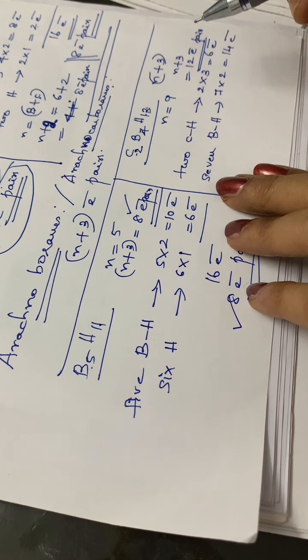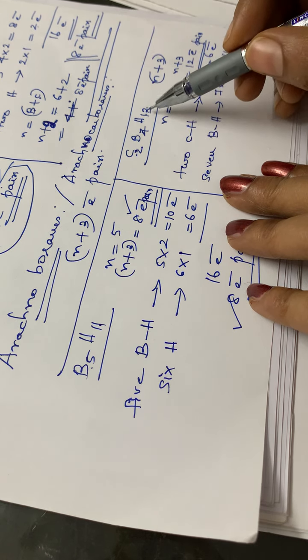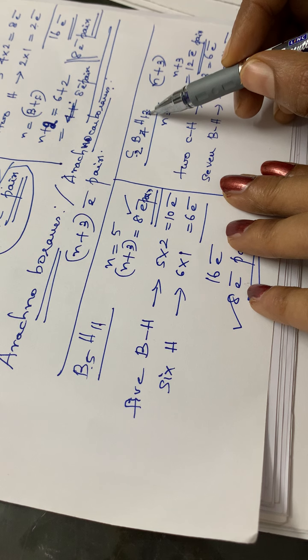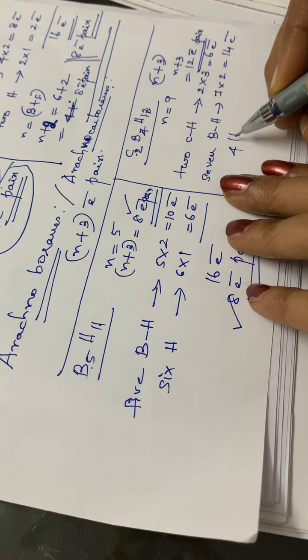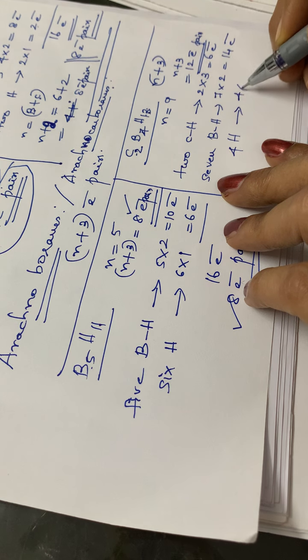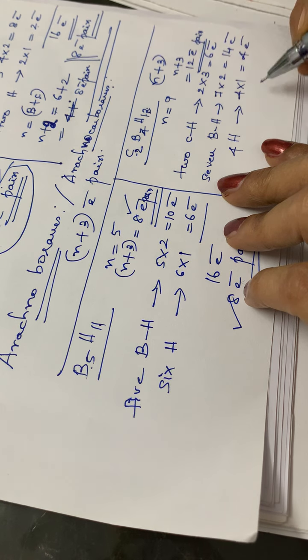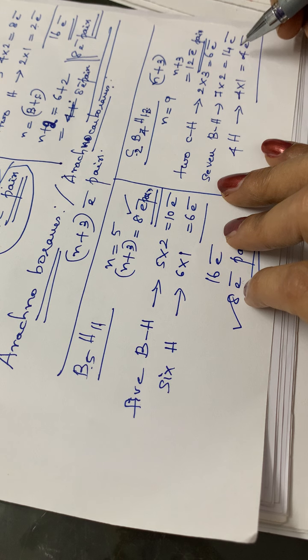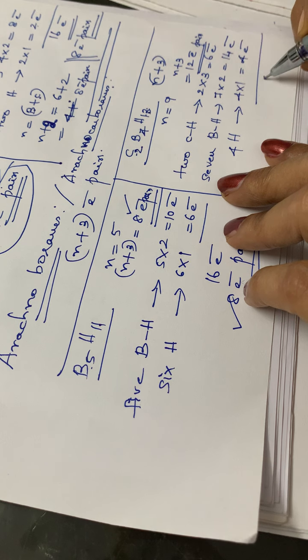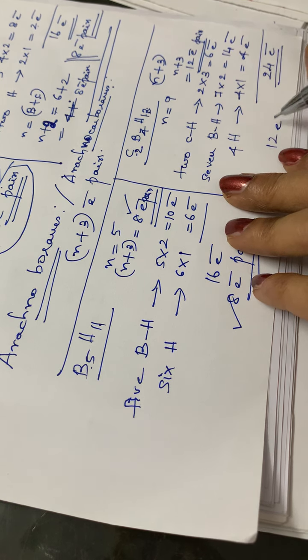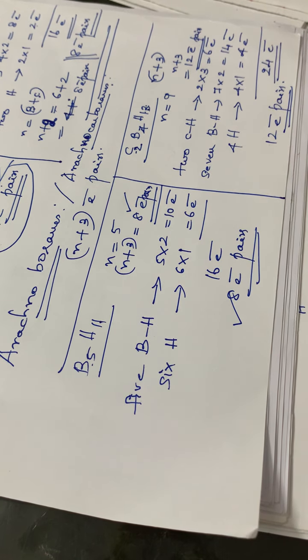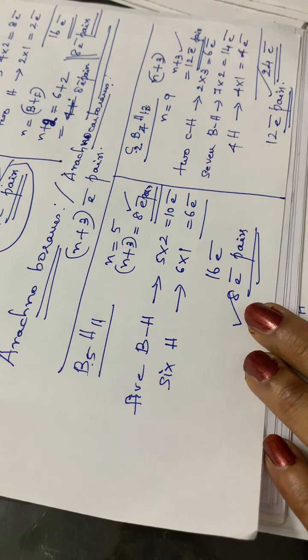Then how many hydrogens are remaining? 2 plus 7, 9. 9 is gone. Then the remaining, that is 3 plus 1, 4 hydrogens are there, isn't it? 4 hydrogens means 4 into 1, that is equal to 4 electrons. So in total 14 plus 6 plus 4, that is equal to 24 electrons, isn't it? 24 electrons, or how many electron pairs? It will be equal to 12 electron pairs. Okay, both of them are correct, isn't it?